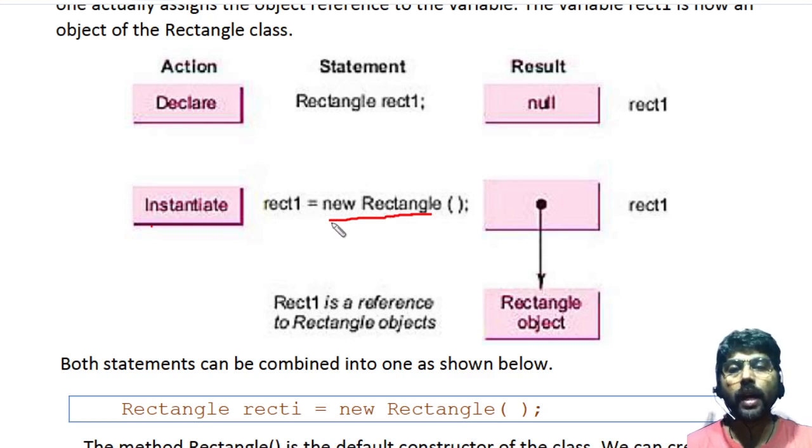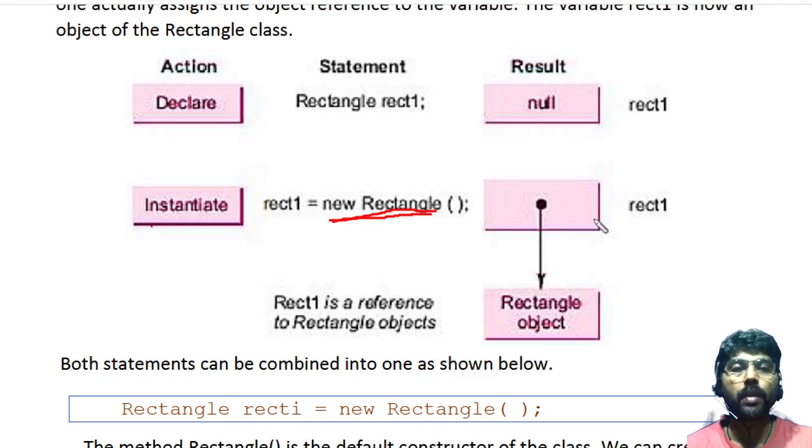In the second statement, I have used new. Whenever you use the keyword new in front of your constructor, in front of the class here, it will create an object of that Rectangle. And that Rectangle contains two data members called instance variables, length and width, and two methods called getData and rectArea. Now this Rectangle object is created and it is given to the rect1 variable. This is called instantiate.